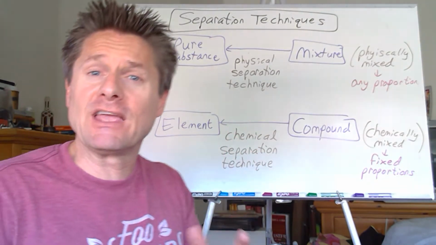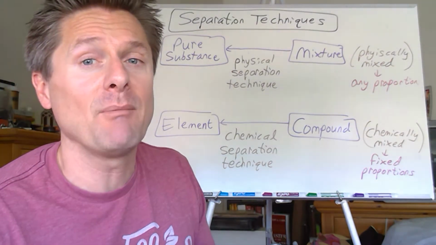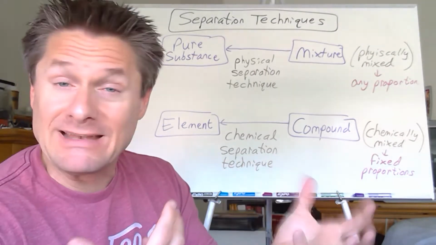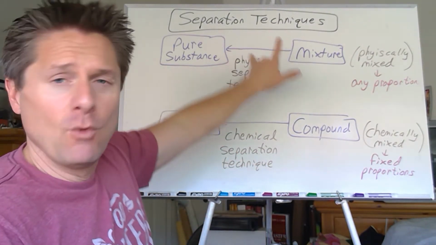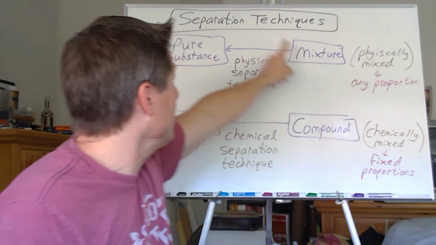And then with compounds, they could be made up of molecules, or molecular compounds, sometimes called covalent compounds, or they could be made up of ions, which we would call ionic compounds, with very different chemical and physical properties. We'll get into those later. If you want to do this, you could draw this from that table where we had mixtures here and pure